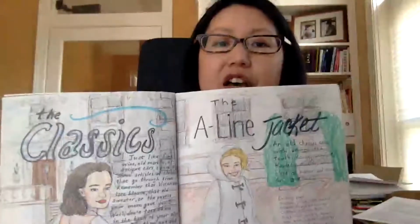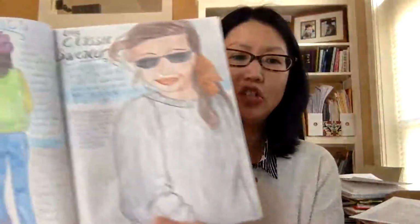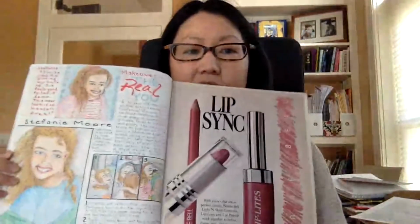An article that I wrote, and as you can see, I typed it in on a typewriter. Or maybe it was a word processor back in the day. And then this is kind of the cover fashion story on the classics. Got the A-line jacket, jeans and sweater. I was really into makeovers. There's the before and after. And then this is